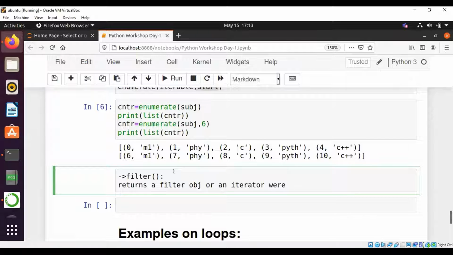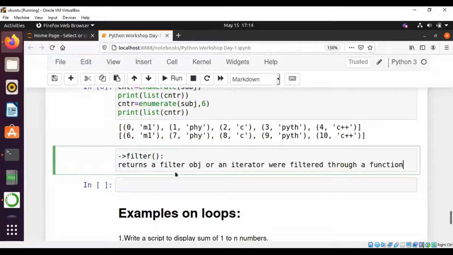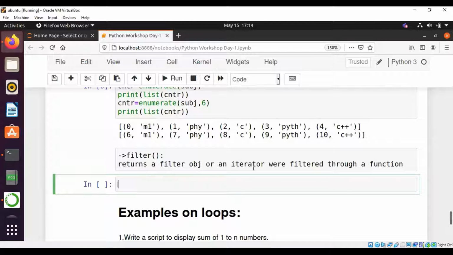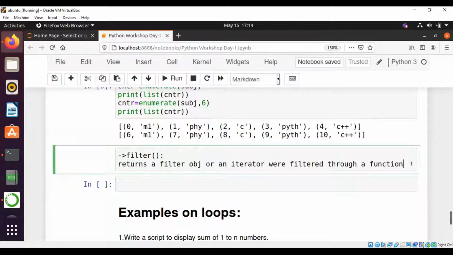That means if we want some function, let's see. Let's not go in depth into functions. In later classes, you will know about functions.